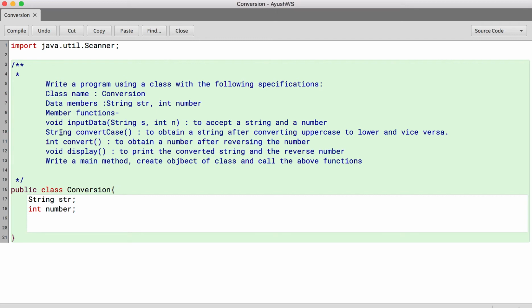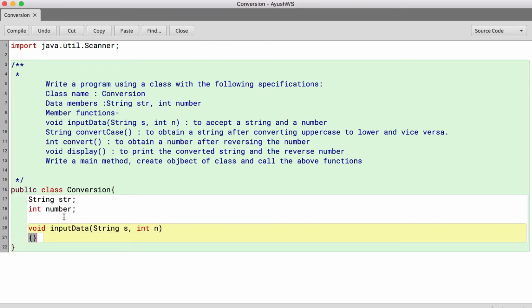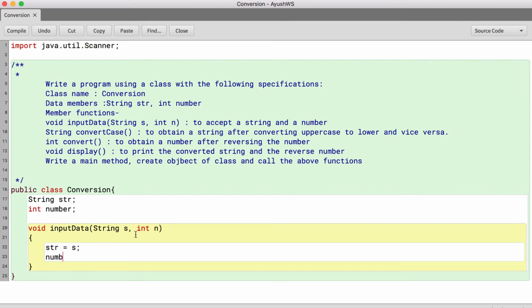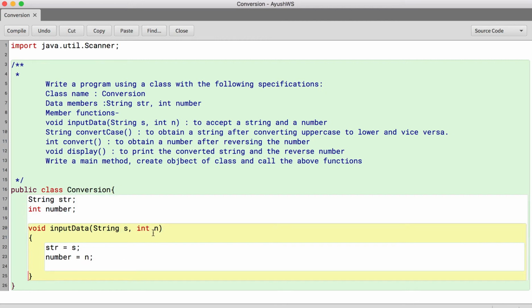This class has following methods. Input data. So void inputData, which takes two parameters, string s, int n. This method takes the input. The input is passed as parameters and the variables of the class are initialized with the values passed in the